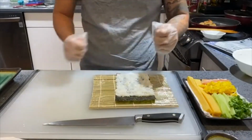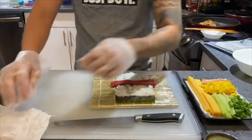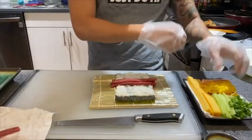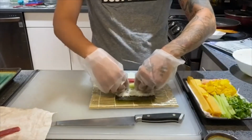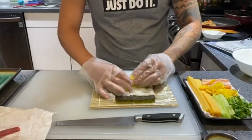We're going to just simply now put our ingredients in, guys. I'm going to start with my tuna. A little bit of tuna. It's okay if it sticks out. We can cut it later and make it look prettier and nicer. So tuna, cucumber. I'm gonna put a little bit of cucumber inside. Like I said, this pretty much has just everything inside. Some pickled radish,